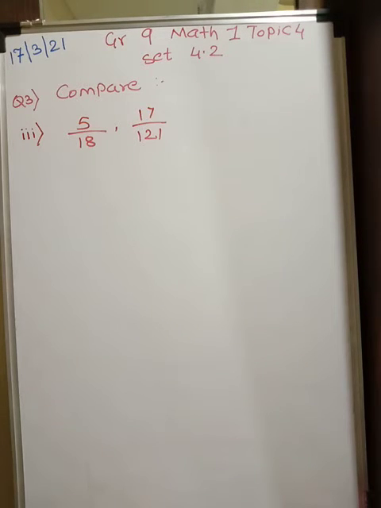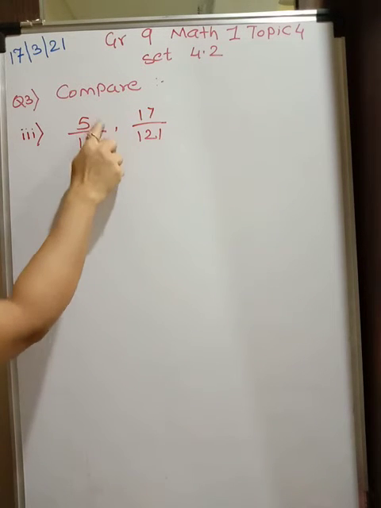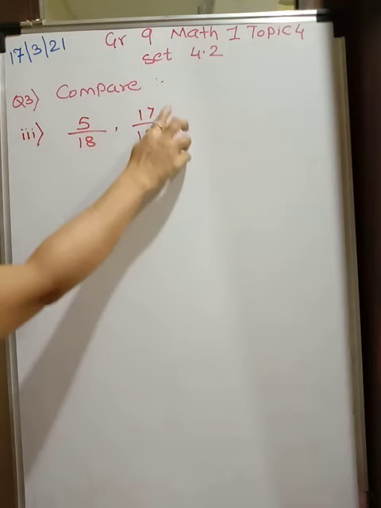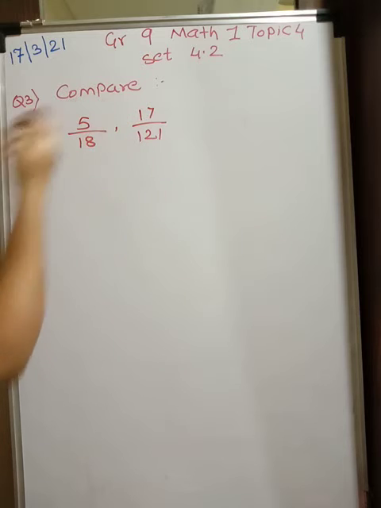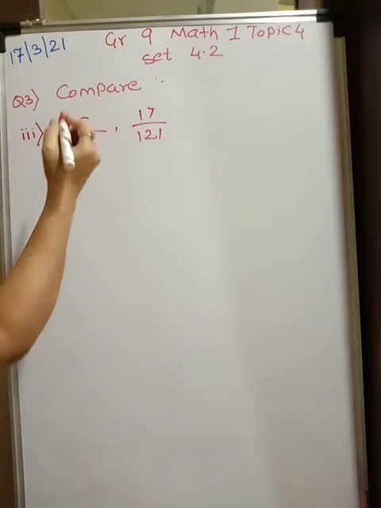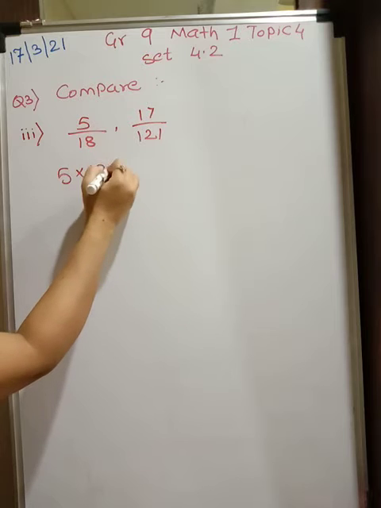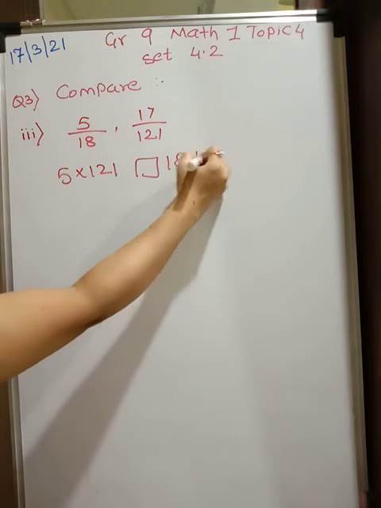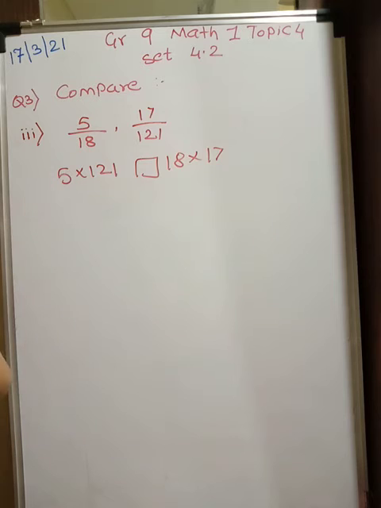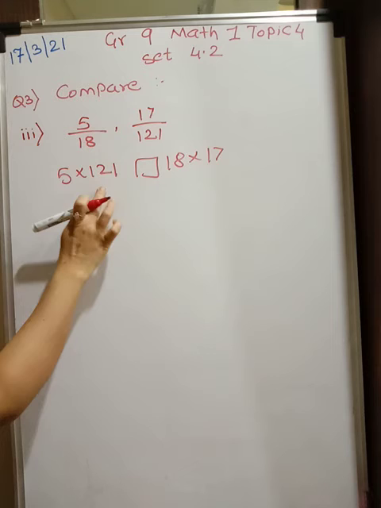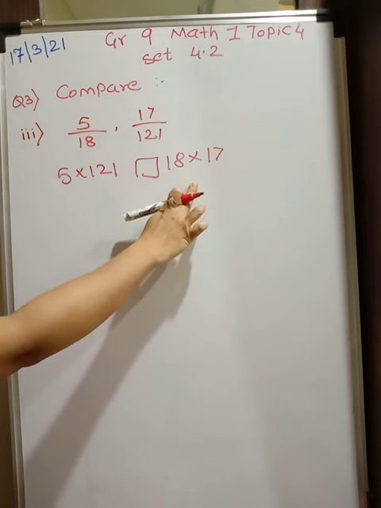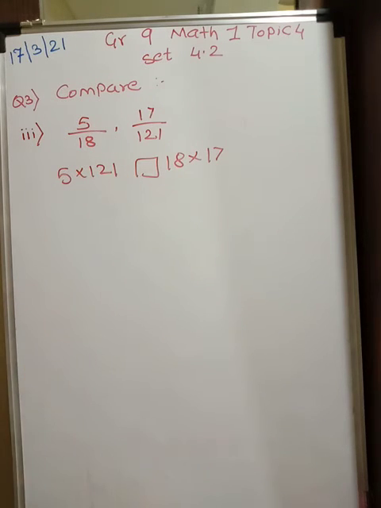Now there is one more method I will tell you. We used to multiply this by both numerator and denominator, and 18 here both numerator and denominator. At the end we are going to get the same denominators, and so we only compare the numerators. So you can do like this also. 5 into 121 you compare it with 18 into 17. This cross multiply and this. At the bottom you are going to get 18 into 121. Here also 18 into 121. So you do not take into picture denominators. Directly you can compare with the numerator also.